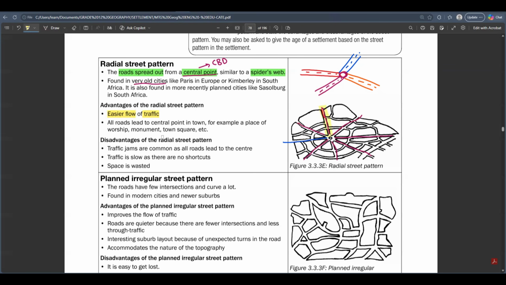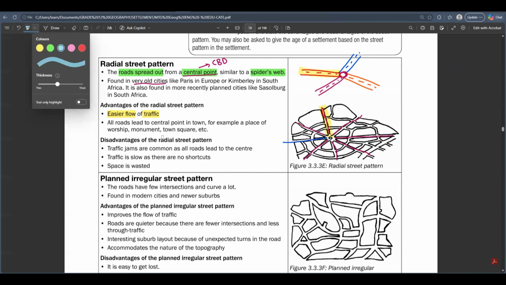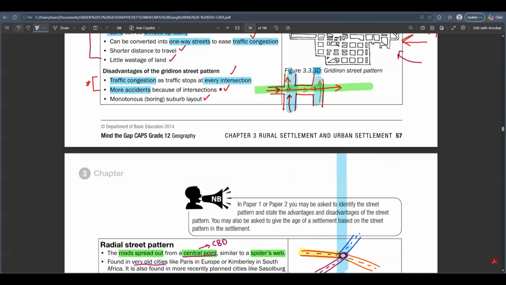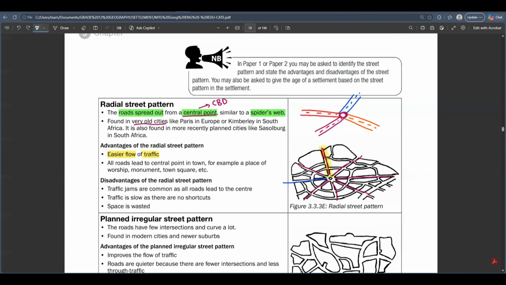Let's just say you are coming from, okay, let's just use my diagram here. You are coming from this road. You reach the Central Business District and you need to go somewhere else. You can just choose the other road here. There are many roads at the central point. You can go with this blue road back. Let me just fix this. All right. So let's just say you were coming with this red road, right?